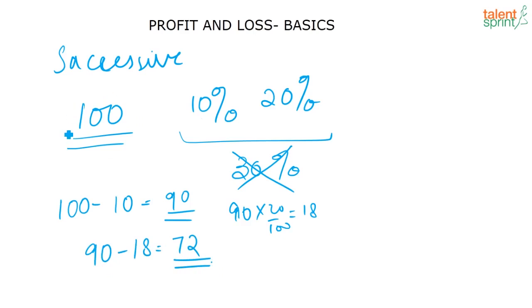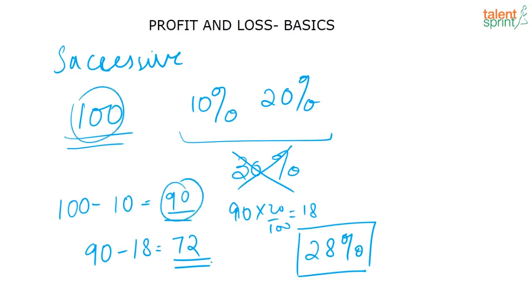So an article which actually costs 100 rupees, he is selling it for 72 rupees. So what can I say? What is the net discount percentage that is being given? 100 minus 72 divided by 100, correct? That is nothing but 28% is the net discount that is being given. So this is the concept of successive discount. In successive discount, what we have to remember is that after every discount, the next discount that is given is calculated on the new price that was obtained after the discount. Now to solve these questions on successive discount, you can solve them in two ways. This was an easy percentage, so I have just done it like this.